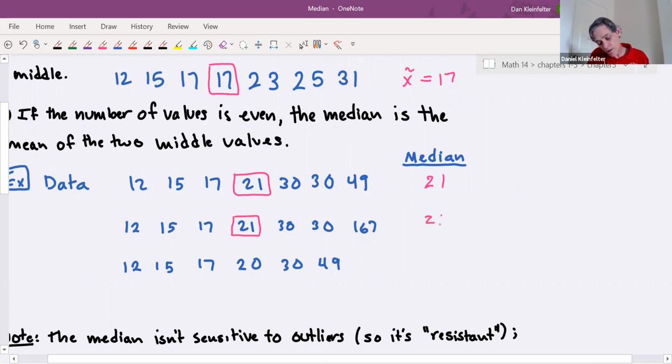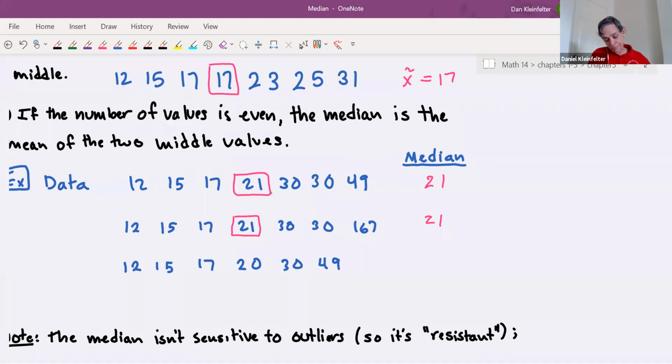Median still 21. But you'll notice what's different about these 2 data sets is that the biggest value in the first data set was 49. In the second data set, it was 167. But the median stayed the same. So this illustrates that the median is not sensitive to outliers. We saw that the mean was really sensitive to outliers. The median's not. If you change one value in this data set, it's not likely to change what